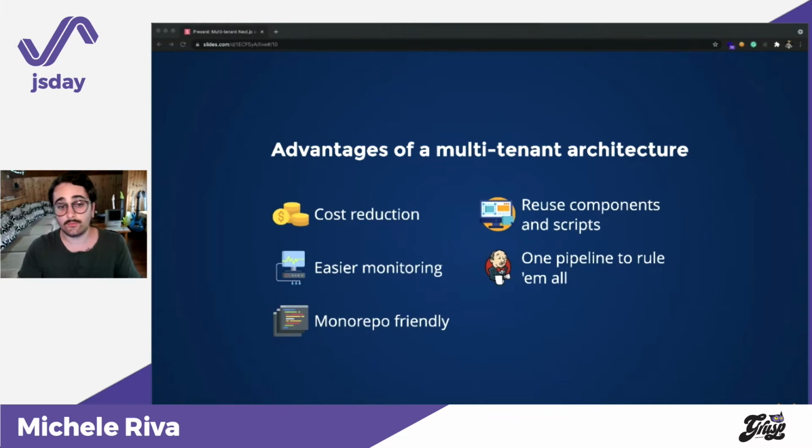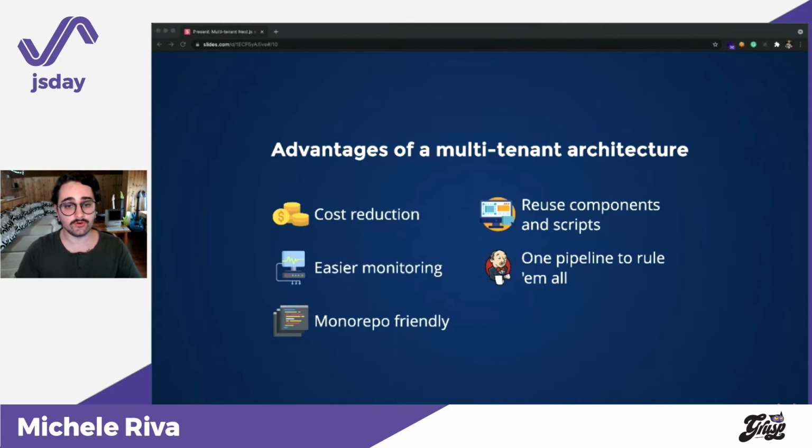And with a multi-tenant architecture, we actually have to monitor just one web server, or two web servers if we want to balance the load amongst two web servers. So it's way easier to monitor and to use something like New Relic or Sentry for analytic data on our